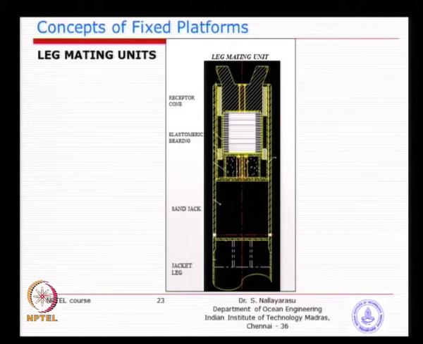So, under the loading, if it compresses too much, what happens? The load will be transferred to this, because this whole piece has to go inside under the compression, isn't it? Otherwise, you will not be able to get the contact of the deck leg and the jacket leg for welding purpose, because you are going to do the welding. If it compresses too much, then it is a problem, the impact load will come. If it does not compress, then you will not be able to do the welding.